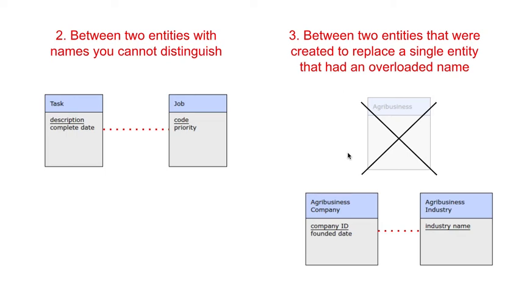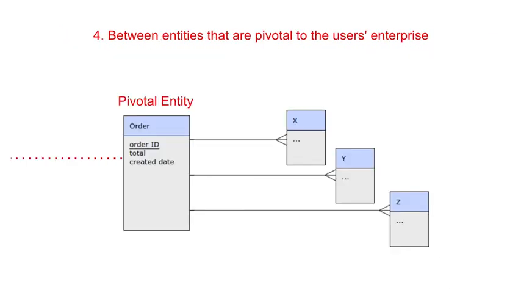Here's a model fragment that previously had an entity called agribusiness, but the team realized that could mean two different things to two different people, and both concepts were important to the model, so it was replaced with these two entities, agribusiness company and agribusiness industry. After doing that, it would make sense to ask the users if there is some association between an agribusiness company and an agribusiness industry. The fourth and last place to seek a relationship is between two entities that are pivotal